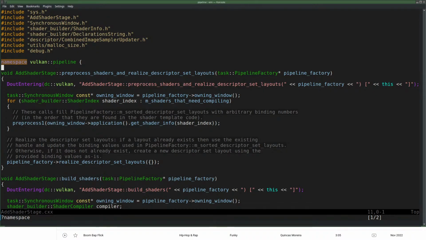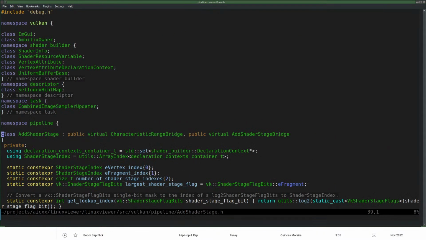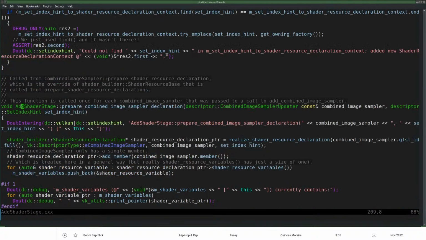Okay, we are in namespace pipeline, and add shader stage is defined in namespace pipeline. So in Vulkan, here's another namespace, and another one, but those are opened and closed, and the last one. So really, this is Vulkan pipeline, and we define add shader stage, and then it combines, and this is also in that same namespace, and then